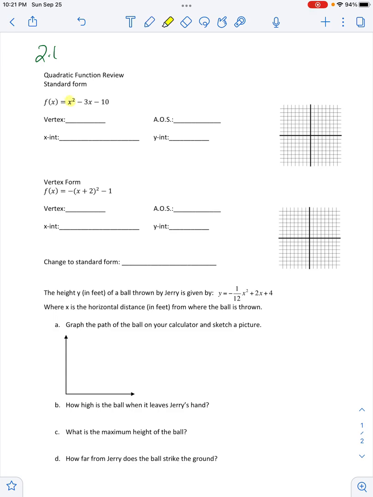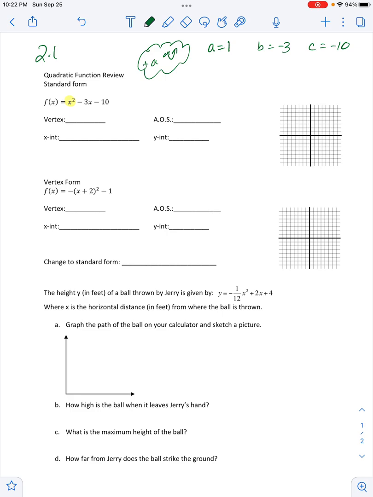So I'm looking at this and I'm seeing that it's a quadratic and I'm seeing that it's a positive a. So I am expecting a parabola opening up when I start this problem. My a value is a positive 1 in front of the x squared, my b value is a negative 3, and my c value is a negative